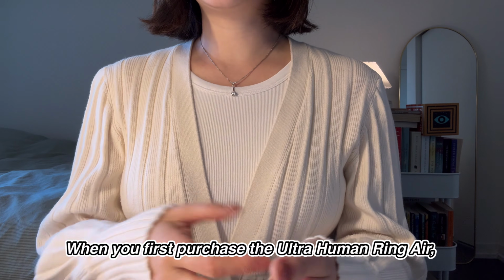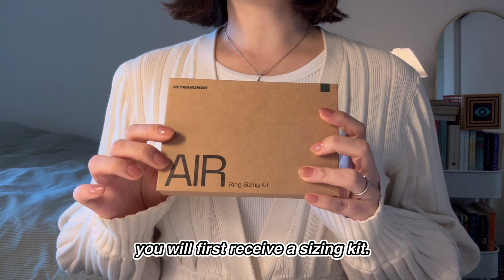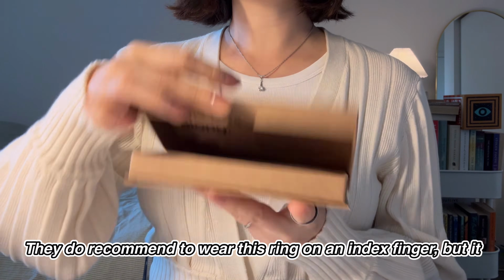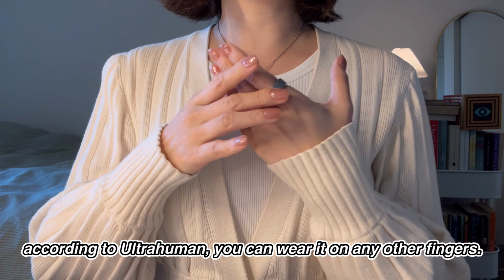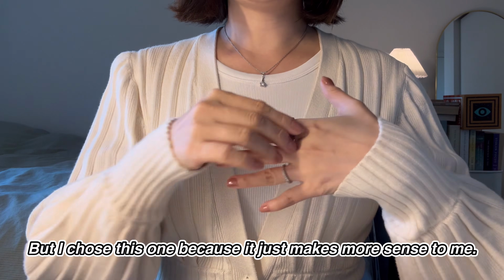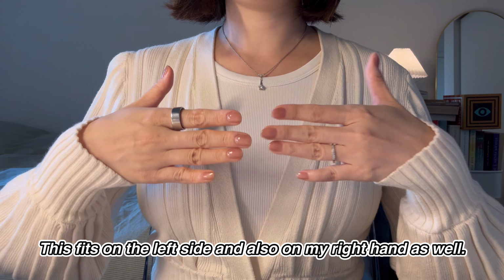When you first purchase the Ultrahuman Ring AIR, you will first receive a sizing kit. When you open this up, there are a total of 10 different sizes. They do recommend to wear this ring on an index finger, but it doesn't really matter according to Ultrahuman. You can wear it on any other fingers. But I chose this one because it just makes more sense to me. This fits on the left side and also on my right hand as well, so I can switch it up